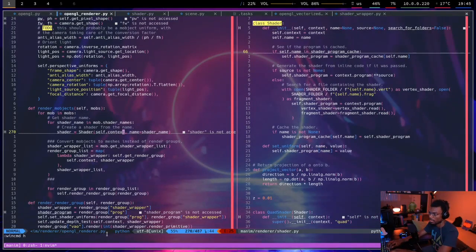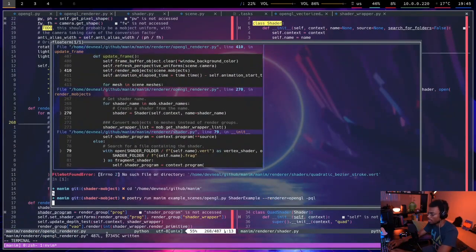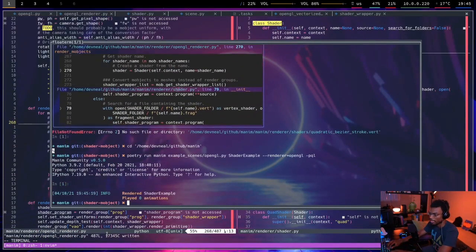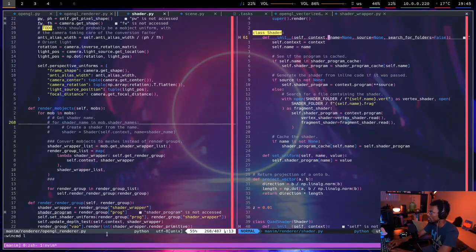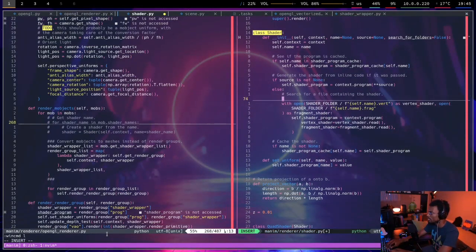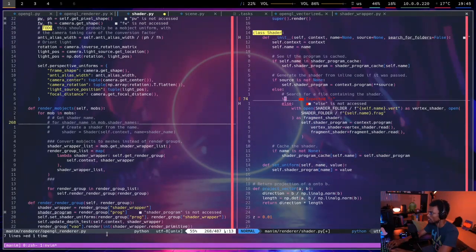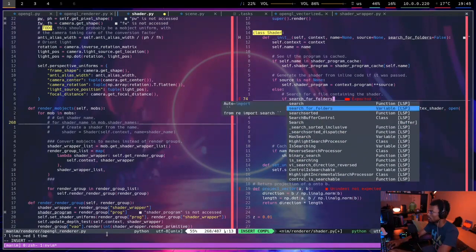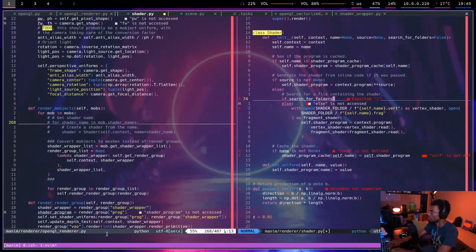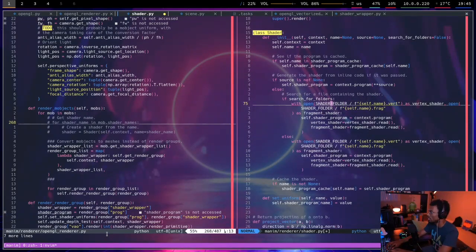Okay, now if I run it, just so I don't break the test code that I have. This is when it's false. When that's true, so this will be an else clause. Now it's going to look in the folder slash the name slash